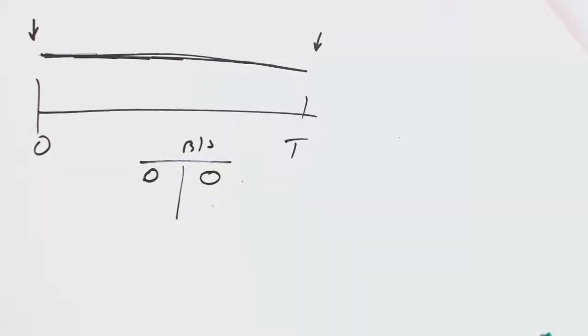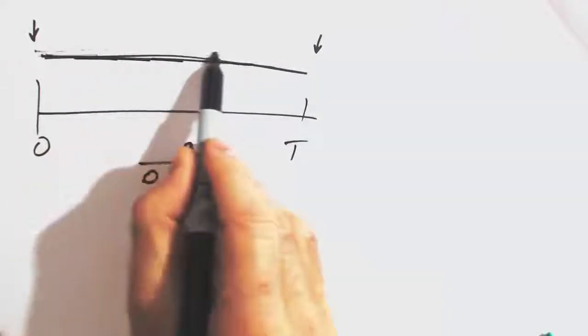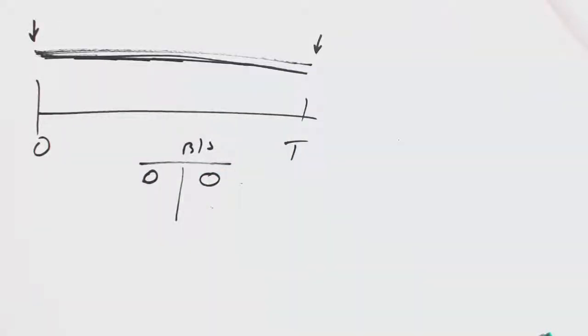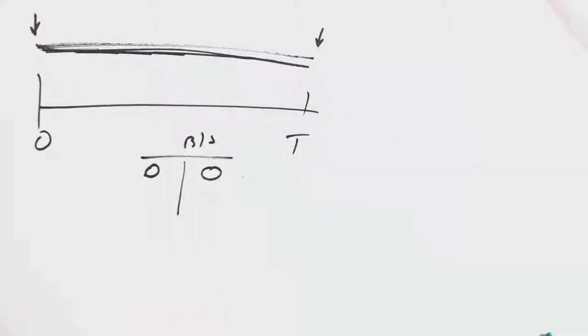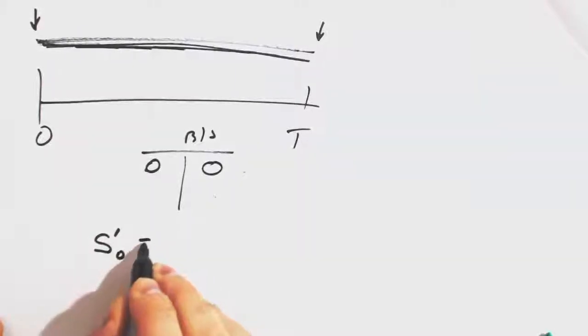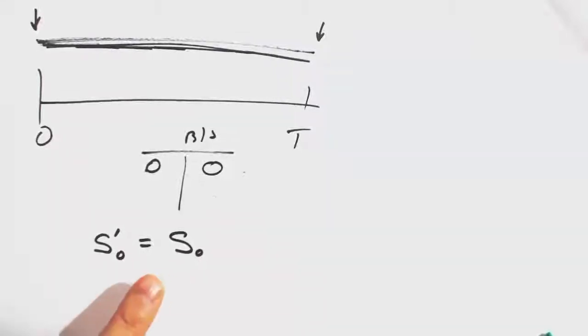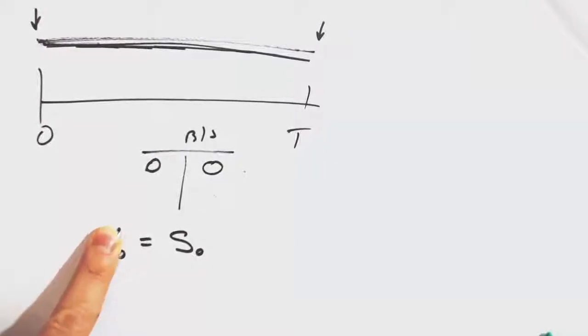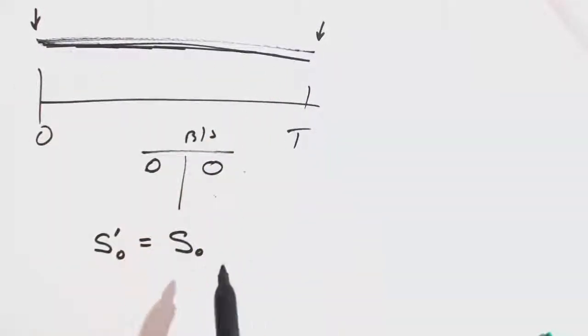And so the point is, when a company pays a dividend, goes ex-dividend, in this time frame, over the life of the option, it implies that the value of the stock will drop. And we need to consider that in the valuation of options. And so the way we do that, and the way the text does it, is it calculates S' subscript 0. S' subscript 0 will be the adjusted stock price for that dividend over this time period. That equals the